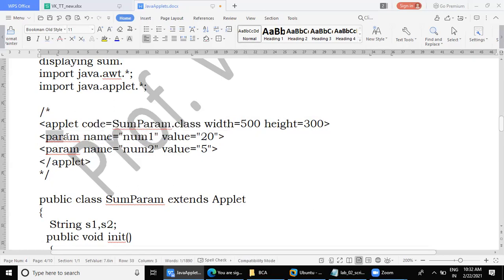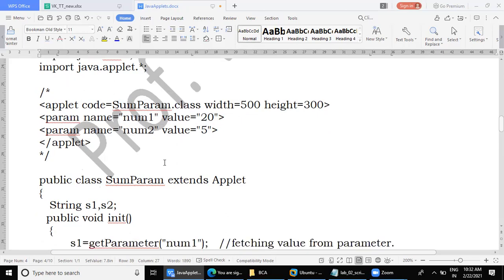The param tag indicates a parameter. Before I close the param starting tag, I'm using two attributes. One attribute is the name of the parameter. Parameters are the same as variables. What is the name of the variable I'm using? num1. What value am I going to store there? 20. What is another parameter I'm using? num2. What is the value I'm storing here? 5. Fine. And I'm going to add those through the applet.